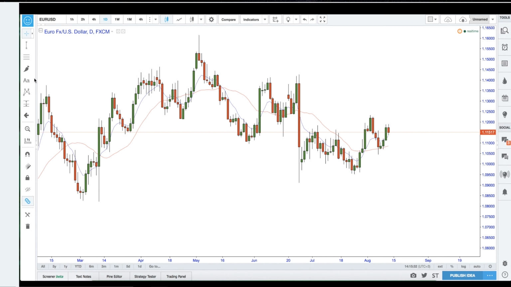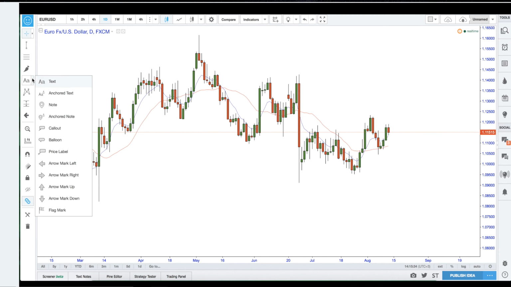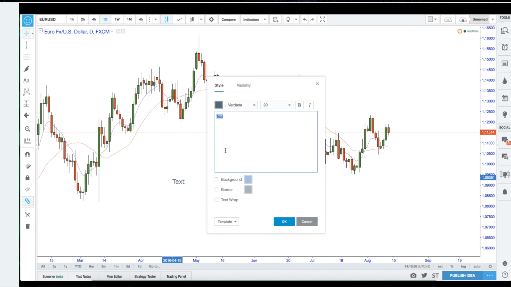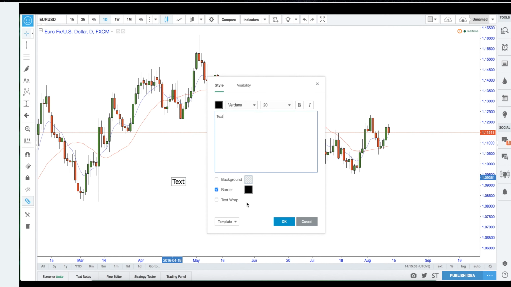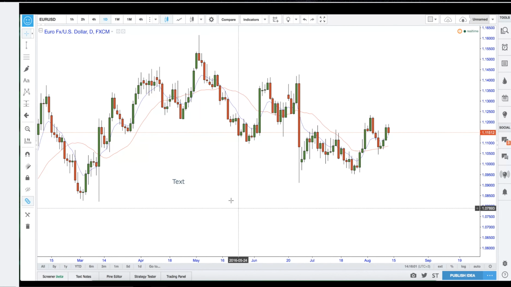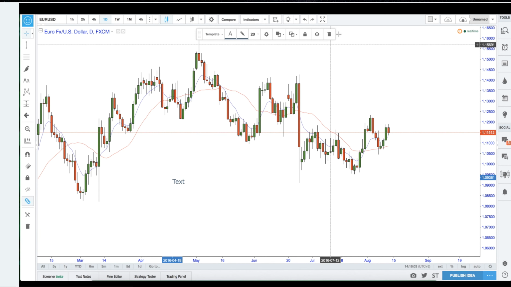When it comes down to annotations, this is the text tool. So we can text. Now, I recommend to have it black. It's up to you what size you want, 20, 24, depends on your eyesight, your computer, and your screen resolution as well. No background. I won't really suggest having a background. However, a border can be pretty smart sometimes, so border black. You can have it bold if you wish. It's completely up to you, and you can move it around afterwards.